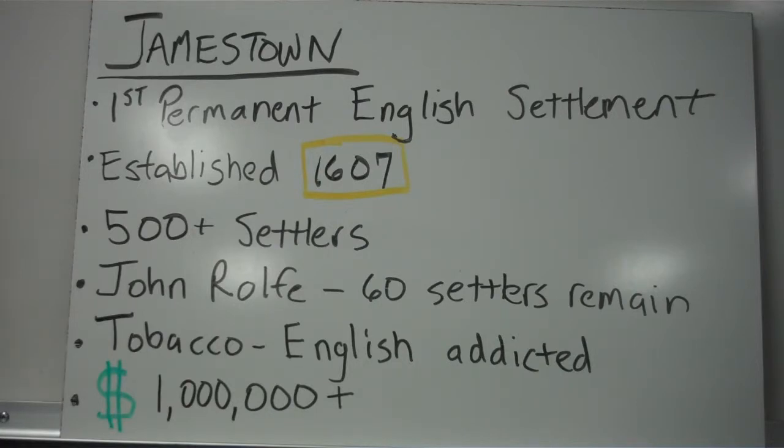Now, John Rolfe eventually whipped these colonists into shape. He showed them how to plant. He showed them how to live in the conditions that they were in. And one of the things that he brought with him to help make Jamestown very prestigious, very successful, was tobacco. You know, tobacco was used to make cigarettes and pipe tobacco, and the English were very addicted to smoking. And so after that first harvest, he made what would be the equivalent today of $1 million plus.